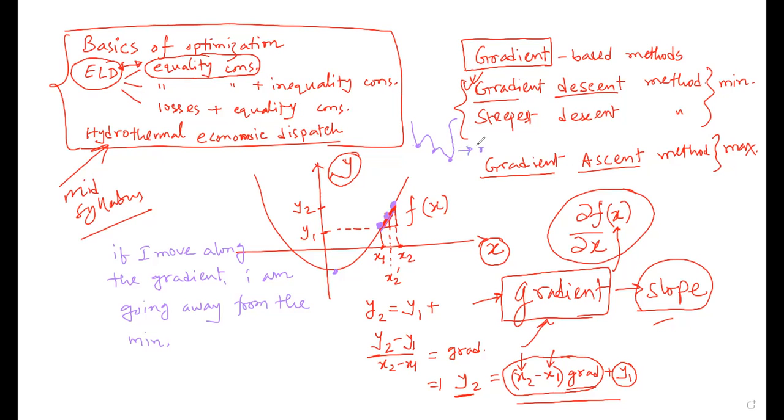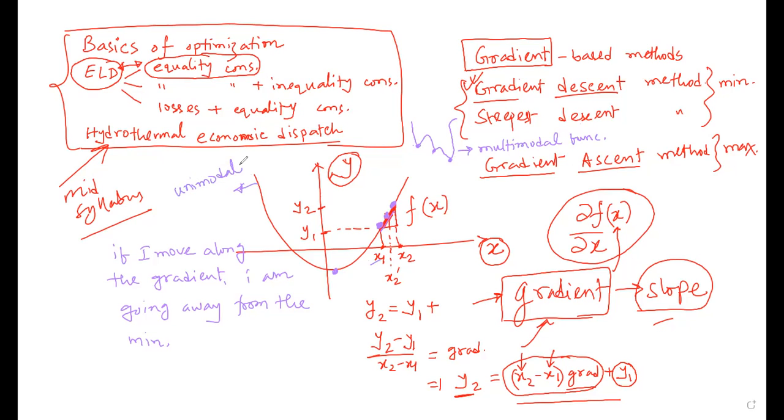So this is a multimodal function. By multimodal, it simply means it has many minima, not a unique minima. But I'm talking about a unimodal function. We have a unique minima. So the pattern of the curve or the function that I have taken as an example is a unimodal function,